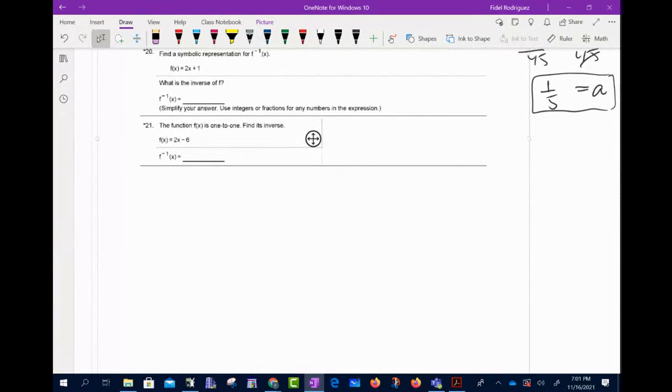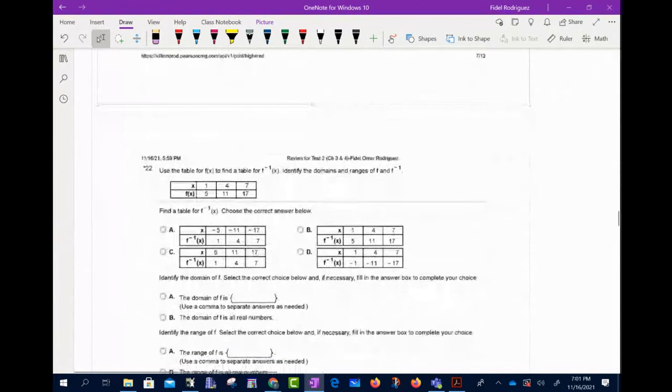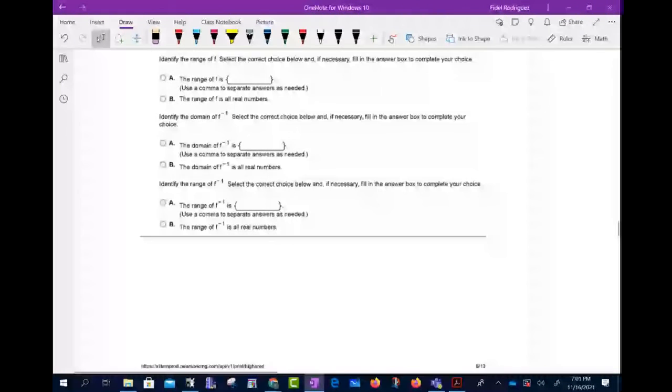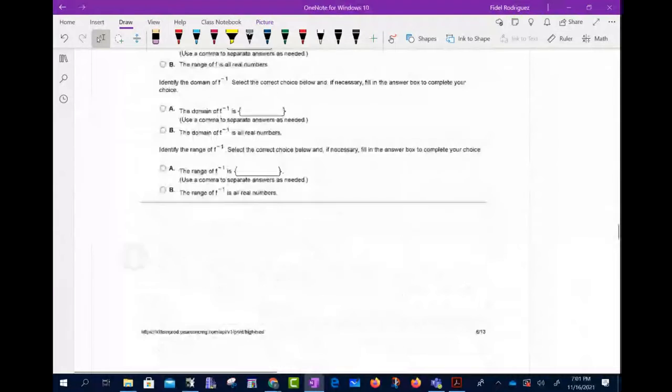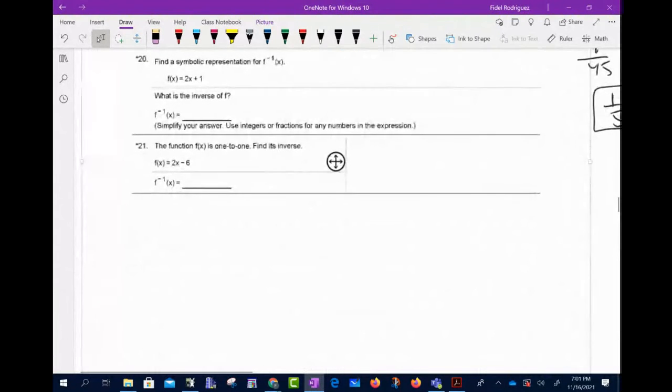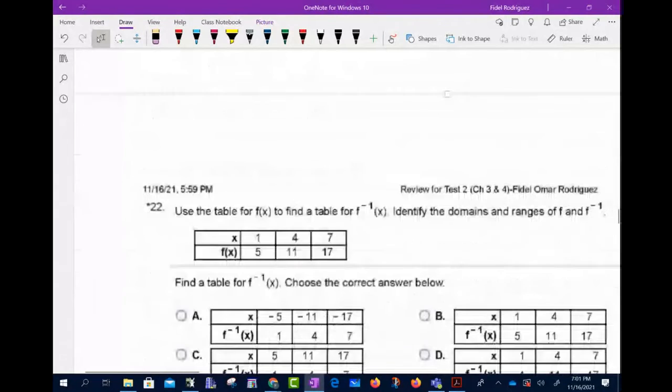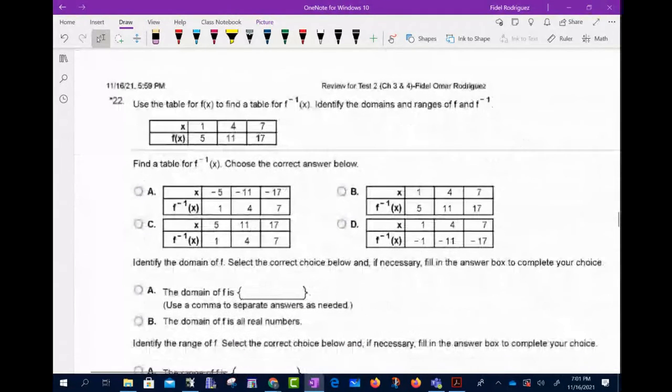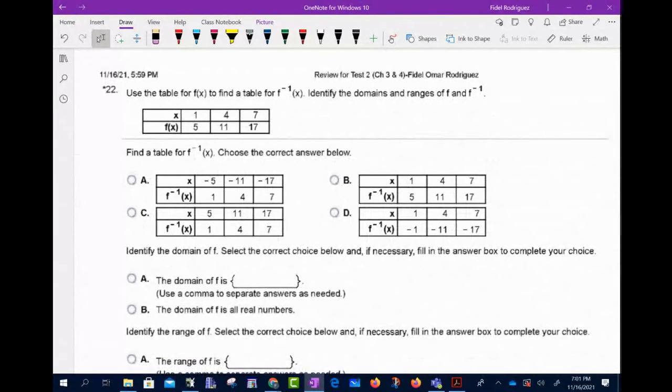And then, so we got 20, 21, 22, 23, so on and so forth. So I'll leave these up here, y'all, and if there's anything that you need. 22, let's do number 22. Okay. All right, so 22 says,